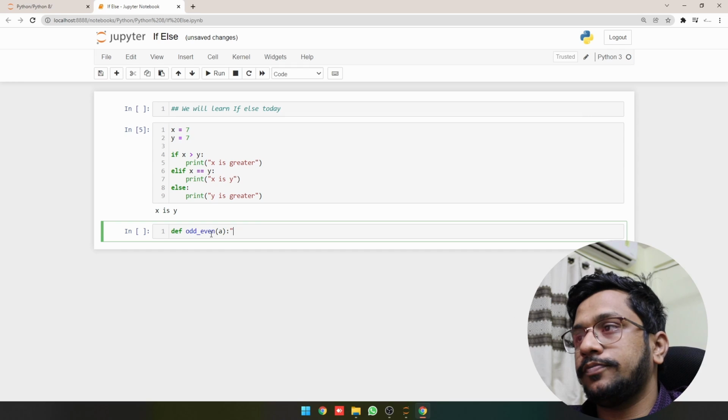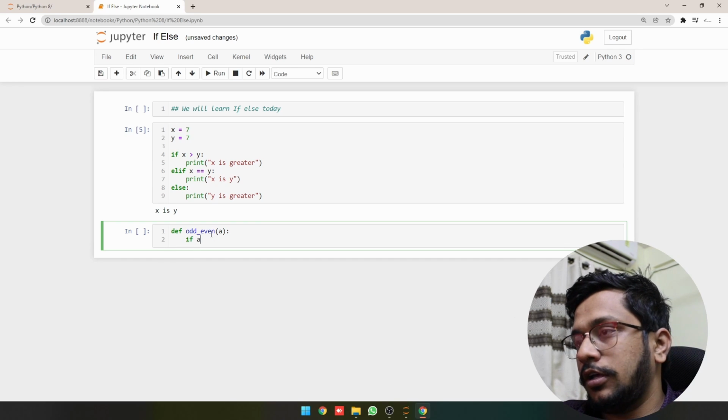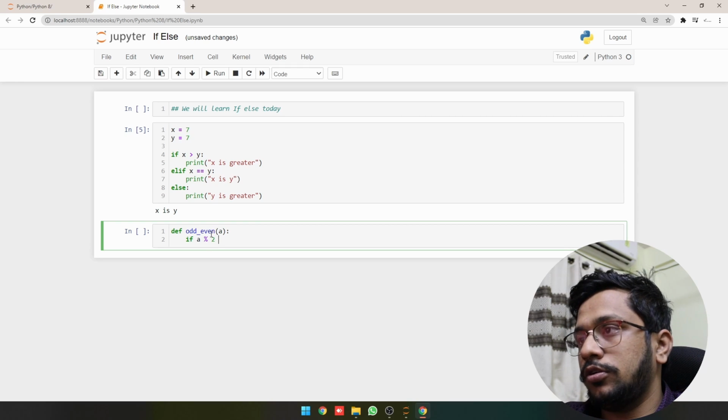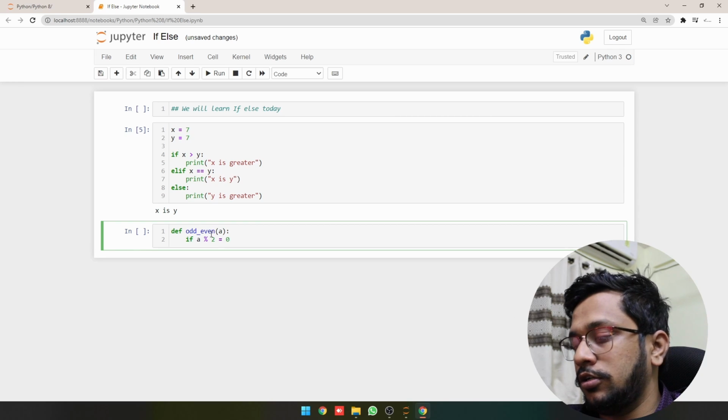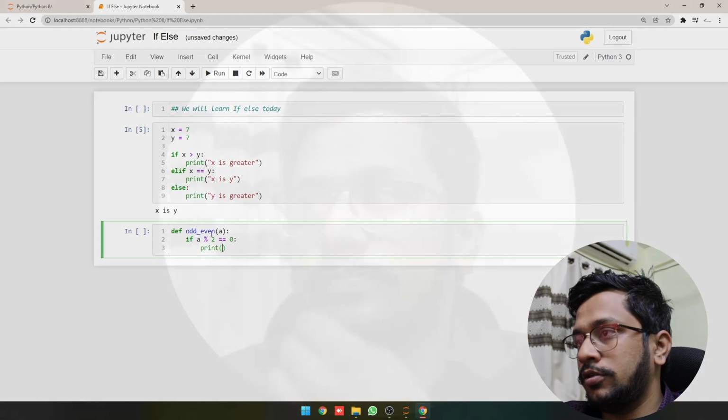We'll say if a or 2 equal to 0, again double equal to, then print. So now let's move to the second part where we'll discuss the questions that are being asked in